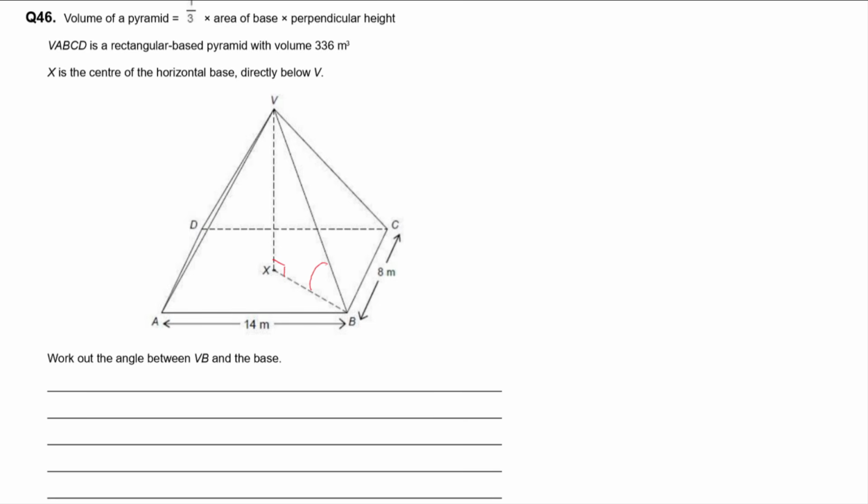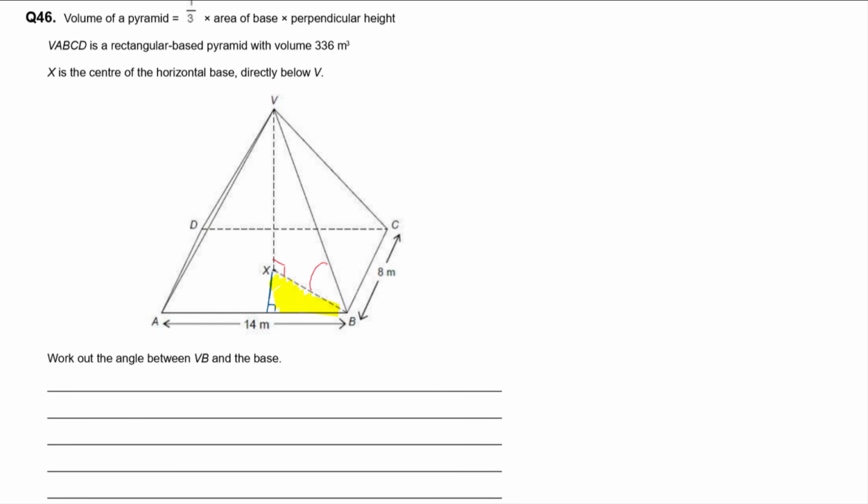Now we've got the formula for the volume, so I guess we can use that to work out the perpendicular height of the shape, and that will give us XV. But we'll also need to find another side of the triangle, like BX or something like that. And we can probably do that with Pythagoras theorem. So that's what I'm going to do. Let's form a little right angle triangle by drawing a line coming from here down to here at a right angle. So this triangle here then,